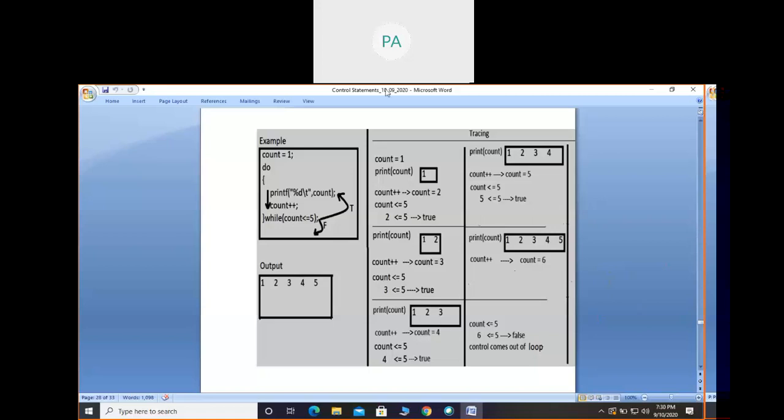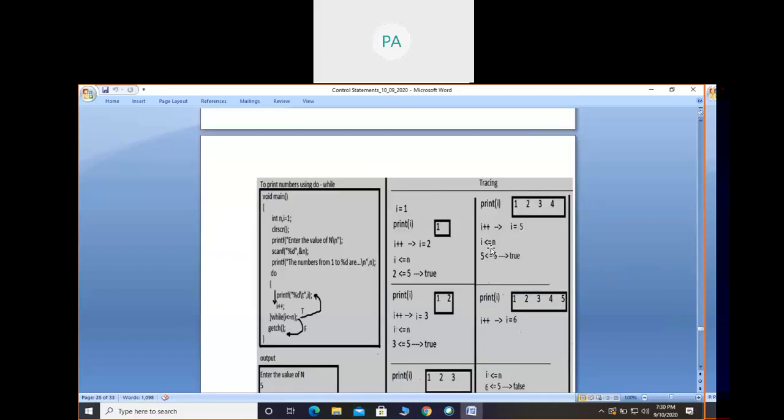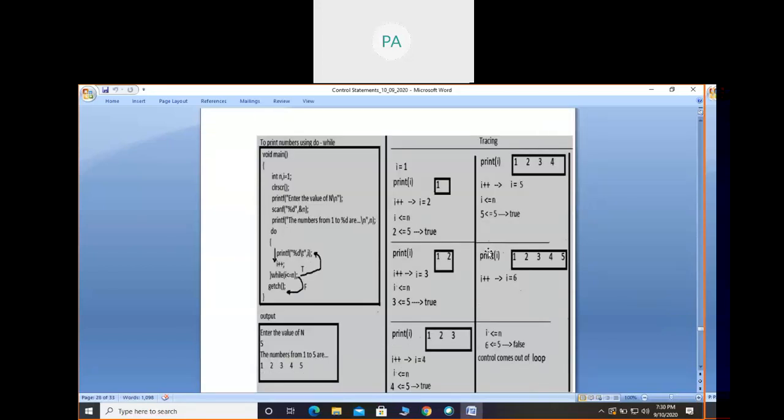Okay. I hope you completed this example. So next, it is a program to print the numbers from 1 to n. Even though the program is the same and the output is the same, in the program it is a little bit different, that means in the syntax, in the case of while and do while.